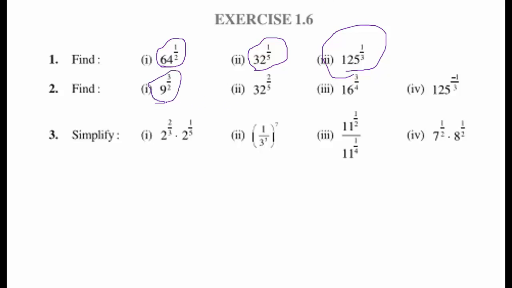You can solve this type of numerical by first solving the denominator. Now we can write this as 9 raised to power 1 by 2 and whole power 3. Square root of 9 is 3, and 3 raised to power 3 means 27. 3 3s are 9, 3 9s are 27. Similarly, you can solve this. This will become 2 raised to power 5, and then 2 raised to power 5 will cancel out with this 5, and this 2 into 2 means 4.